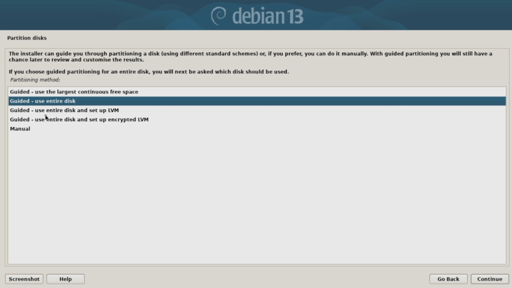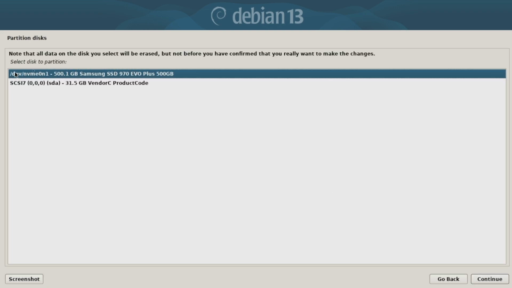There are also the options of setting up LVM and also encrypted with LVM. You can feel free to do research on the side if you feel as though LVM is right for you. And then there is also the option to choose a manual method, which is going to go through a series of steps where you have to manually set the partitions and the sizes and all that good stuff. But usually guided use entire disk works for most people. So we'll click on continue,